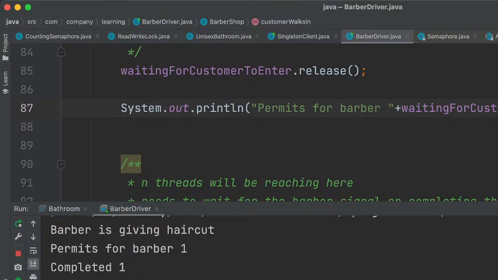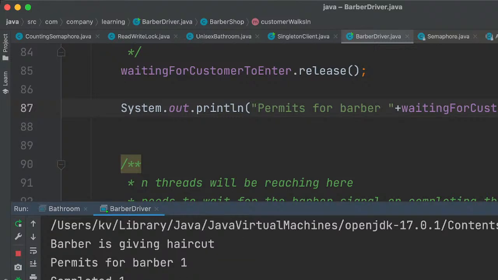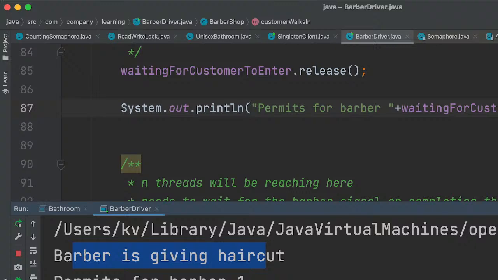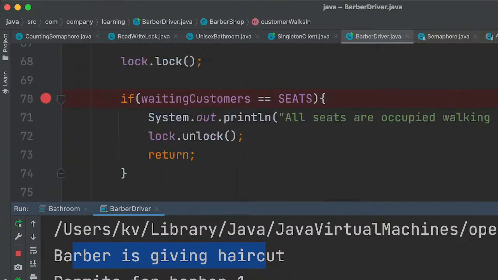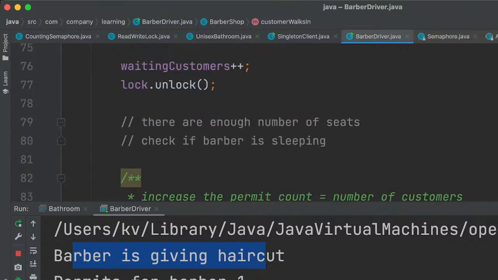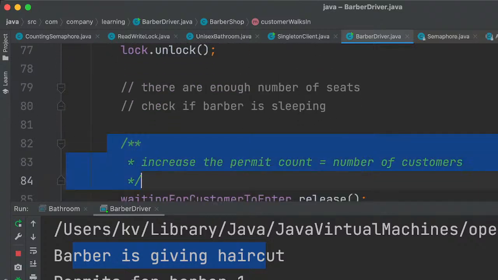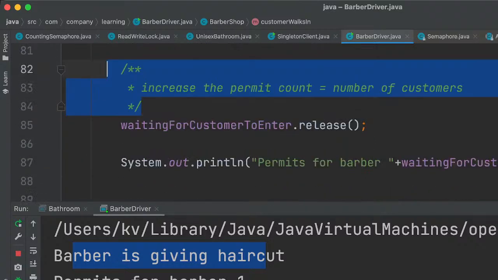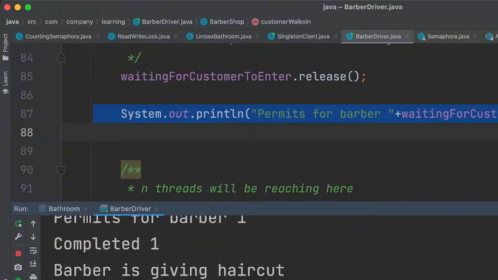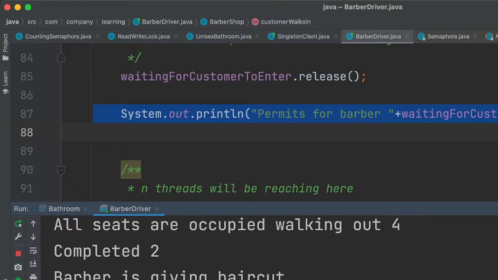Okay, yeah. So Barber is giving the haircut. For the first thread, the Barber is giving the haircut, and the permits for Barber will be one, right? And completed 1. And Barber is giving haircut. Completed 2, Barber is giving haircut. Completed 3. See, all seats are occupied.